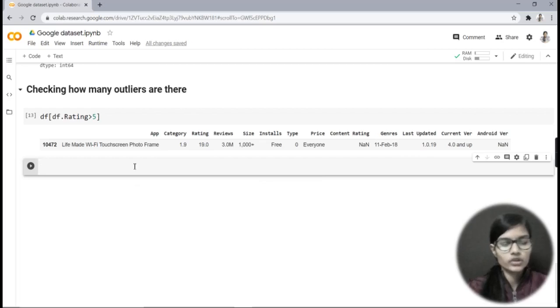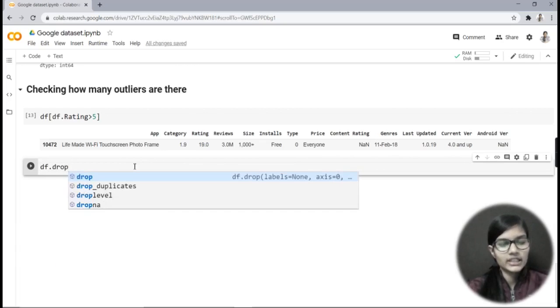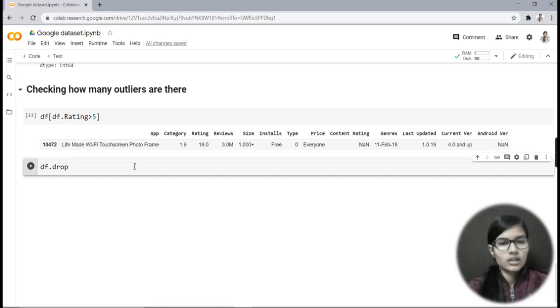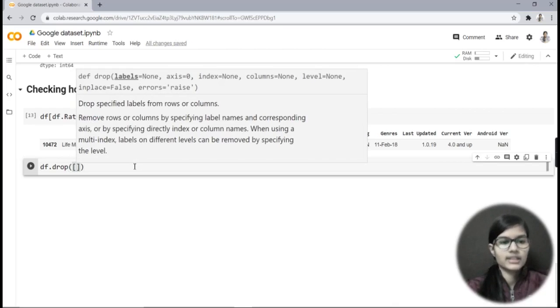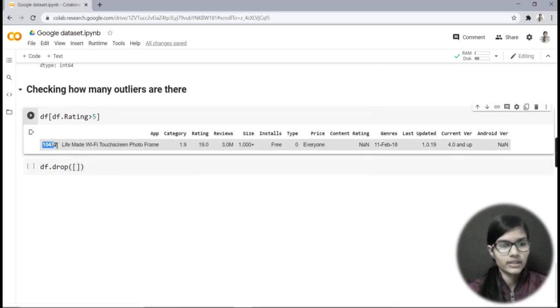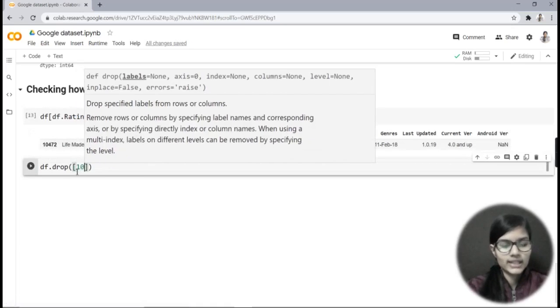So for removing it, I'm going to write df and use a function that is drop. Drop is basically used to drop any row or any column. So I'm using df.drop, and as it is a function I'm going to put the brackets, and in them I'm going to put square brackets. Now I'm going to remove this one row, so I'm going to put this number here only. So 10